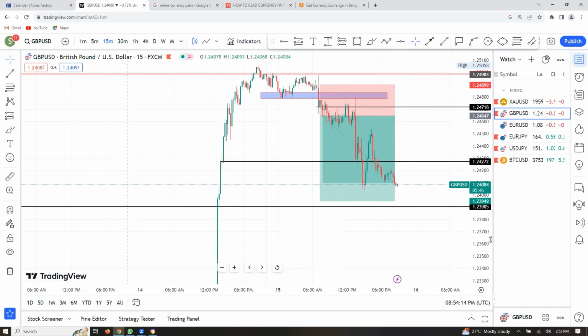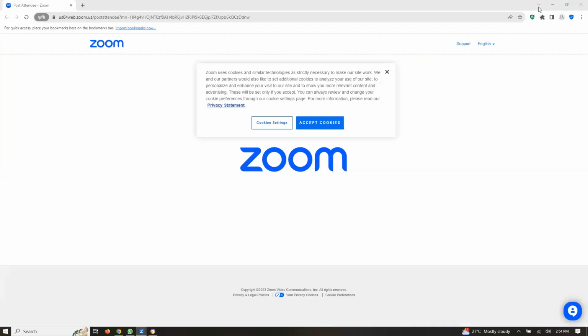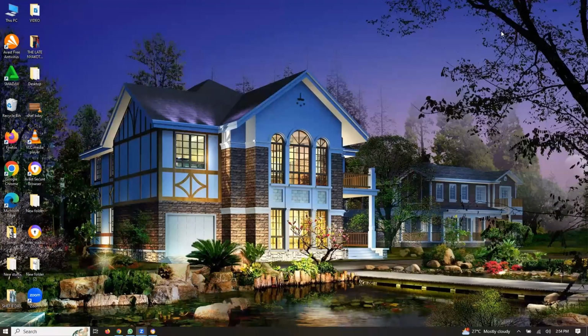So we have major currencies, minor currencies, and exotic currencies. These currencies have been grouped according to the way they are performing in the financial market. This performance is determined by the economic status of each country, which means that if your country has a stable economy, or is doing well, your currency will be strong in the financial market or the forex market. So based on these groupings, we have the major currencies, the minor currencies, and the exotics.